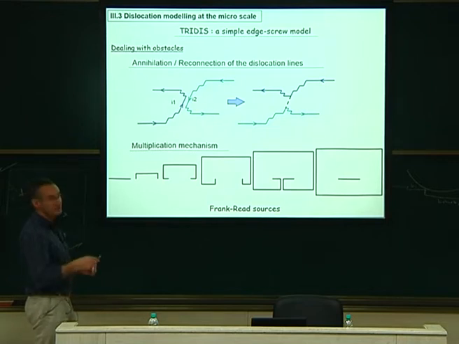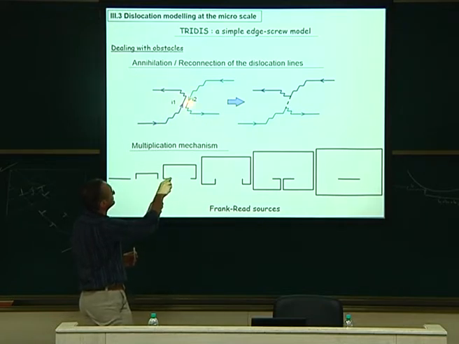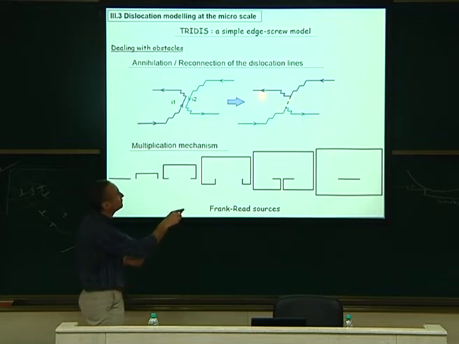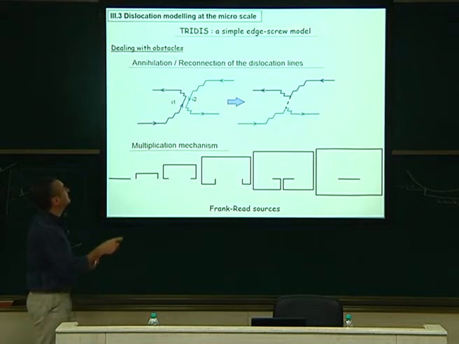Okay. So if you develop your code, you will see that here you will spend all your time. Okay. So typically, this is the simplest one: if it's in the same plane, if one loop is coming, another one is coming there, those two are opposite signs, they have the same Burgers vector, then you should annihilate the common part and recombine the line. That's the first thing, okay? Second thing, if you have this now, you will be able to have the Frank-Read mechanism.